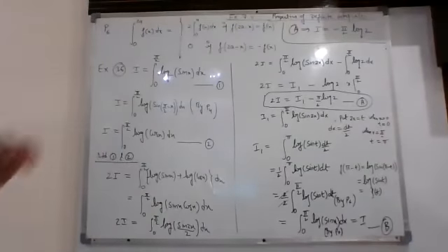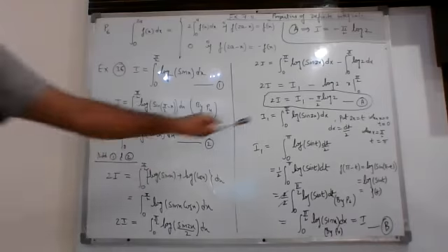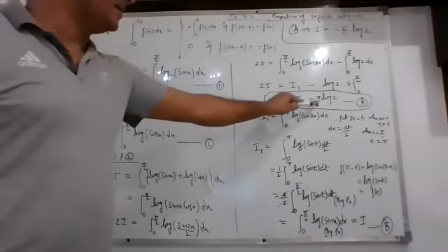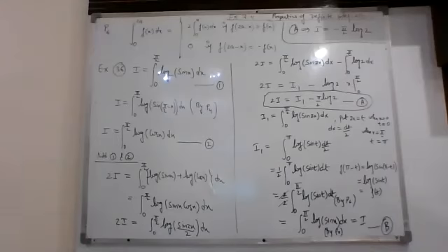And the second one I had integrated. So log 2 into x from 0 to pi by 2. So when you put the limit, you will get this as this much. So 2I is equal to I1 minus pi by 2 log 2. Call this as number A.